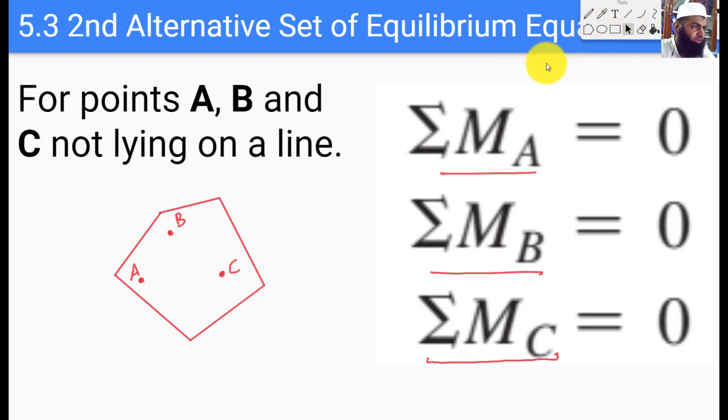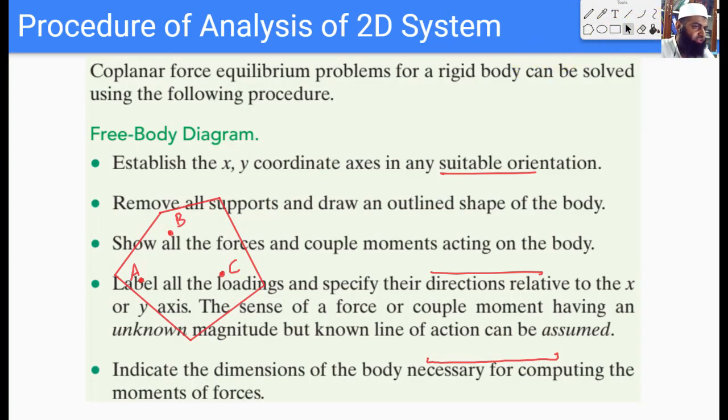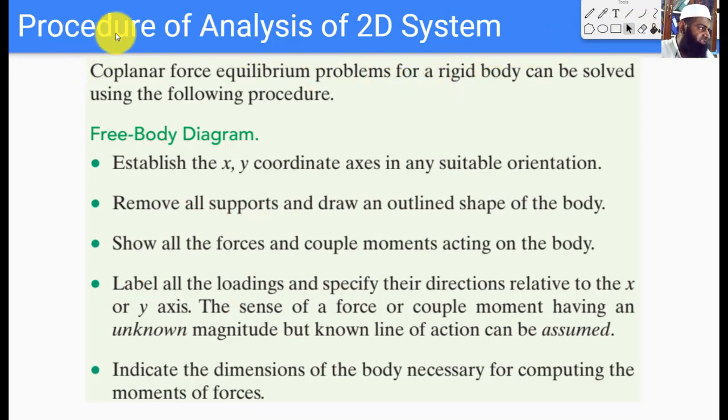Okay, so now we move to the procedure for analysis. This is the procedure for analysis for a two-dimensional system. If we have a two-dimensional system which has a rigid body, and we want to solve for equilibrium and find the unknown forces, first of all we would like to draw a free body diagram, and